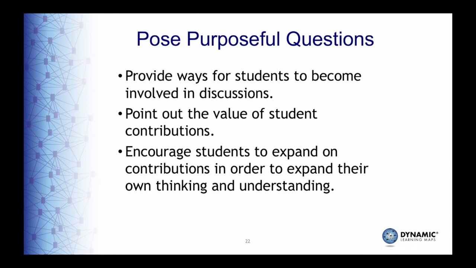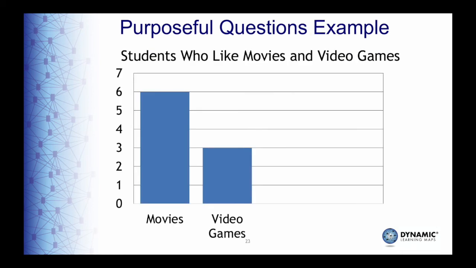For example, while studying a bar graph depicting how many students like movies or video games, the educator might start by asking students to tell what they think they know about the graph while saying the word what and pointing to it on the student's communication system. This is obviously a very open-ended request. If students have trouble getting started, educators might then point to the bars and say the word what. Then you would continue to probe asking questions such as more, not more, or more like, not like. This will help students realize that they actually do know some things about the graph you are studying.